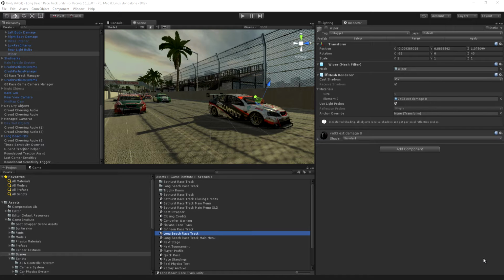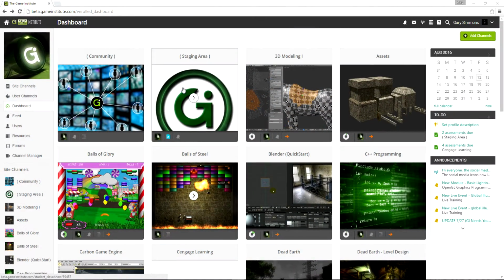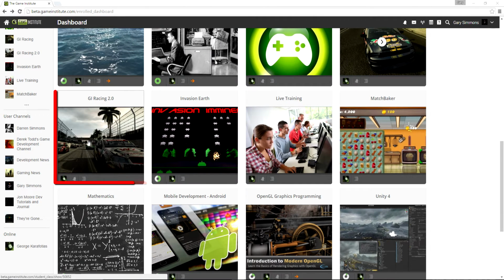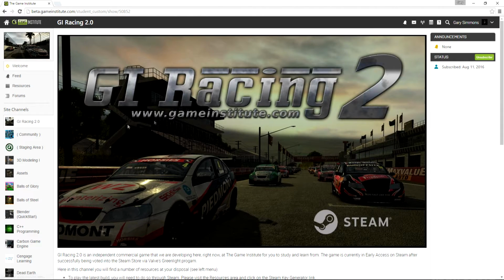So, if you have just arrived here at the Game Institute and know nothing about GI Racing, then let's see first how you get that project on your computer and some of the other features here on the GI Racing 2 page. So I've just logged in to the Game Institute website. I'm now staring at my dashboard, and if I scroll down to the GI Racing 2 channel, here it is, and click on that, I'm going to find myself at the GI Racing 2 welcome page,